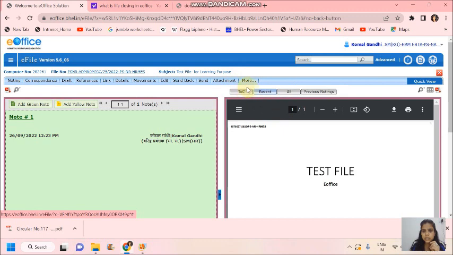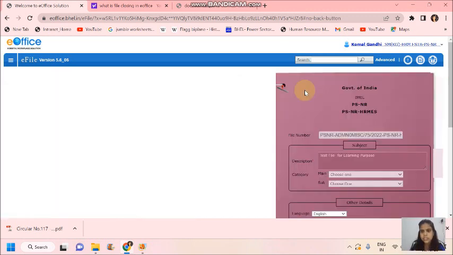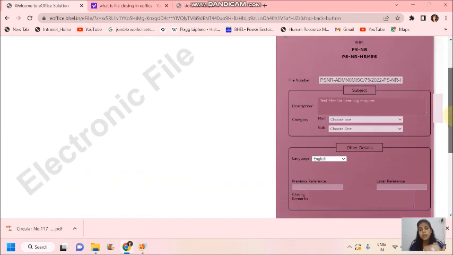In more, if you can see, there is an option of close file, and when I put my cursor on close file, it will take me to close. I'll click on close. It will take me to a different file cover page, the same cover page which we made when we created the file. In this cover page, it will ask me the closing remarks. So why do you want to close this file? I will say it is test closure